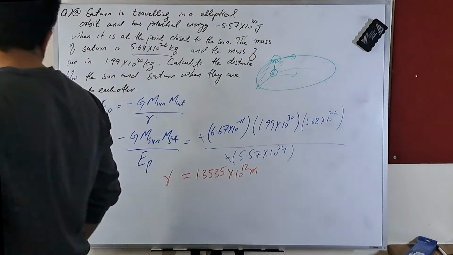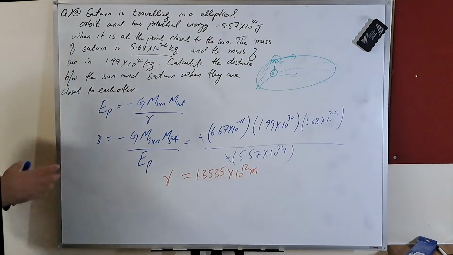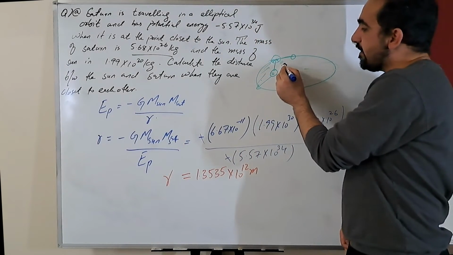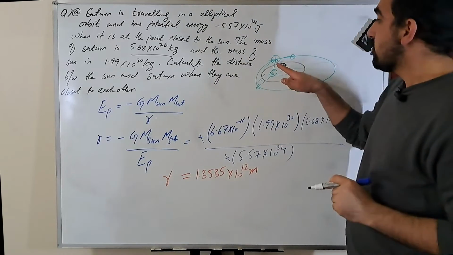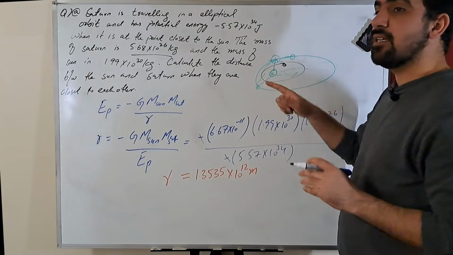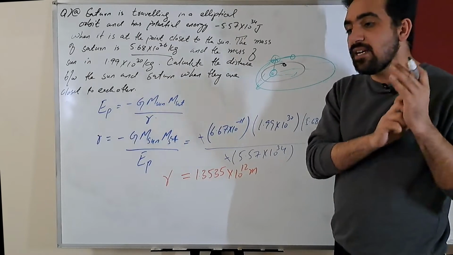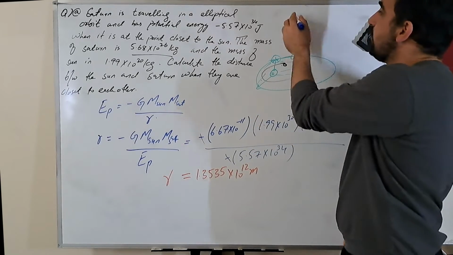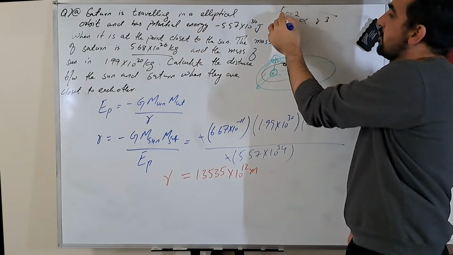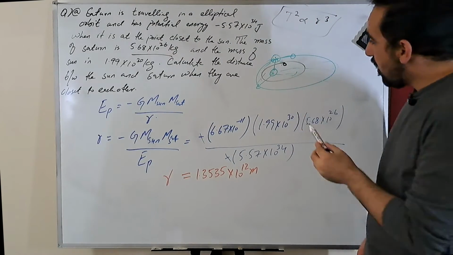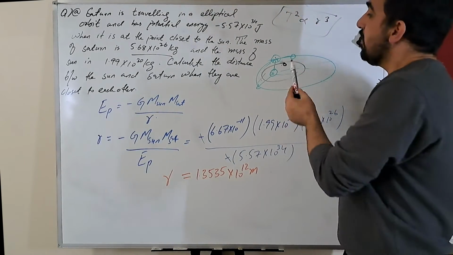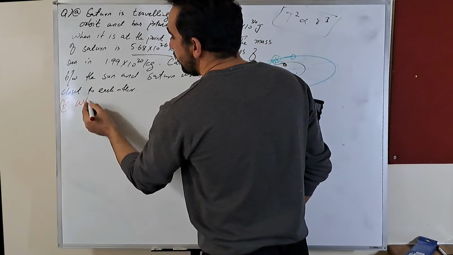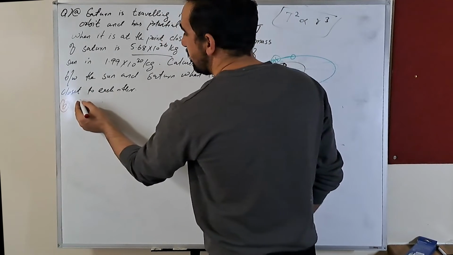Now the next portion of this question is, after 1 year on the Earth, not the Saturn year, because Earth is somewhere here and Saturn is here. So it means that the year of the Earth is smaller than the year of Saturn, because we just proved that from T squared is proportional to R cubed, this relation. So he says that now 1 year has passed on the Earth. What will be the speed of Saturn? No, we don't need to find the speed, we just need to tell,